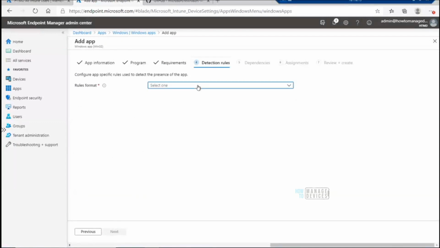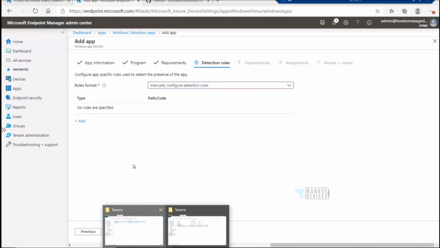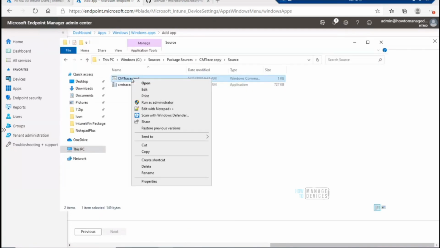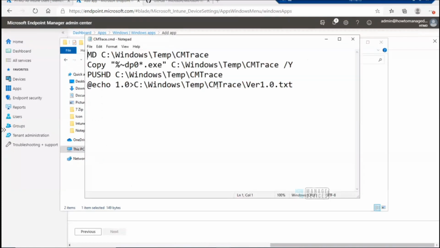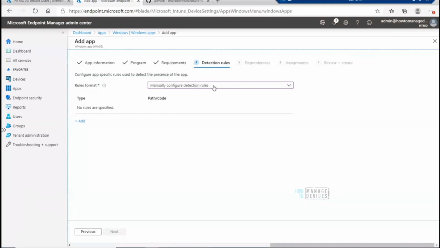And detection rule, right? Detection rule is mandatory in this requirement, so that is why I created, if you remember, that text file. I try to use that text file in the CMD, right? Let me open that install.cmd again, so that it will be easy for me to copy paste, right? So I'm going to say this is my folder location, okay, for the detection.